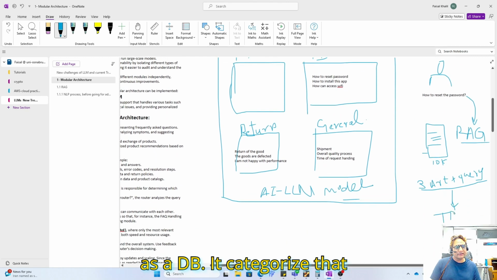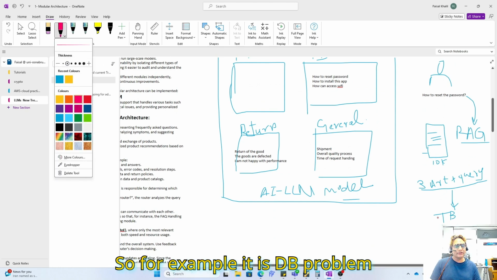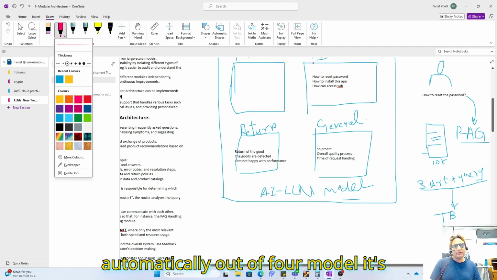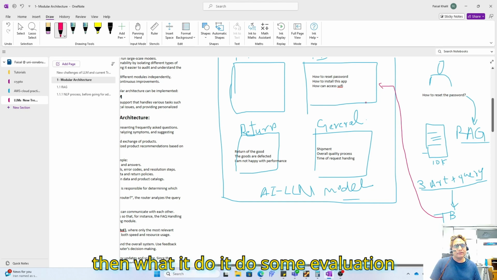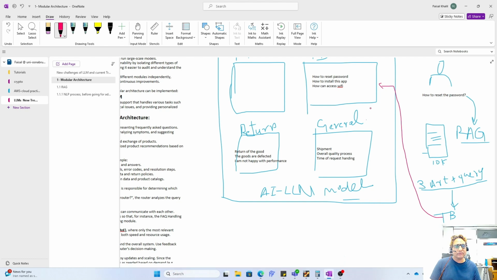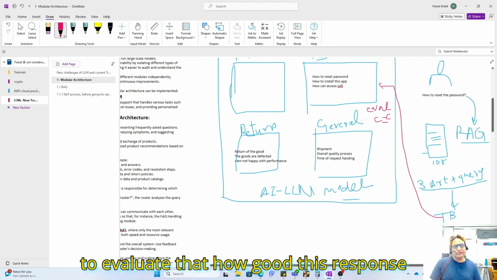It categorizes that this is a TB problem. So automatically, out of the four models, it's going to select TB, and then it does some evaluation, a confidence score, to evaluate how good this response is.